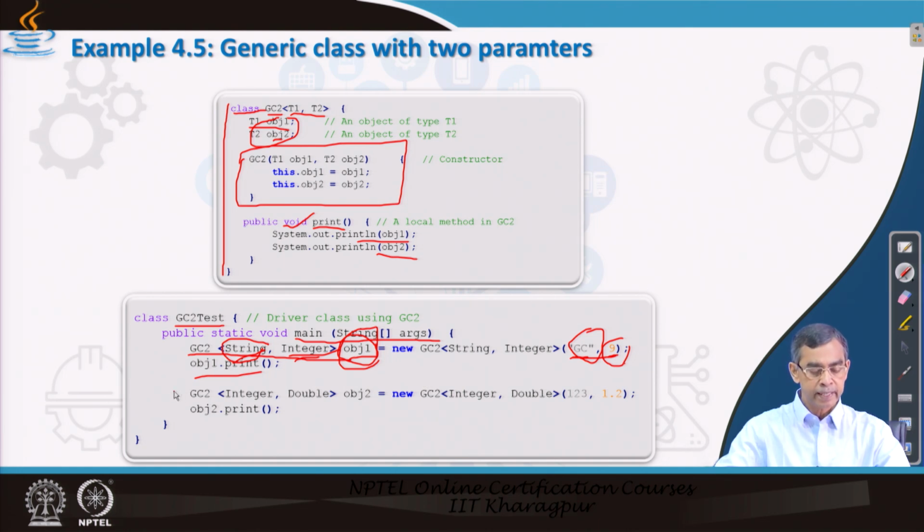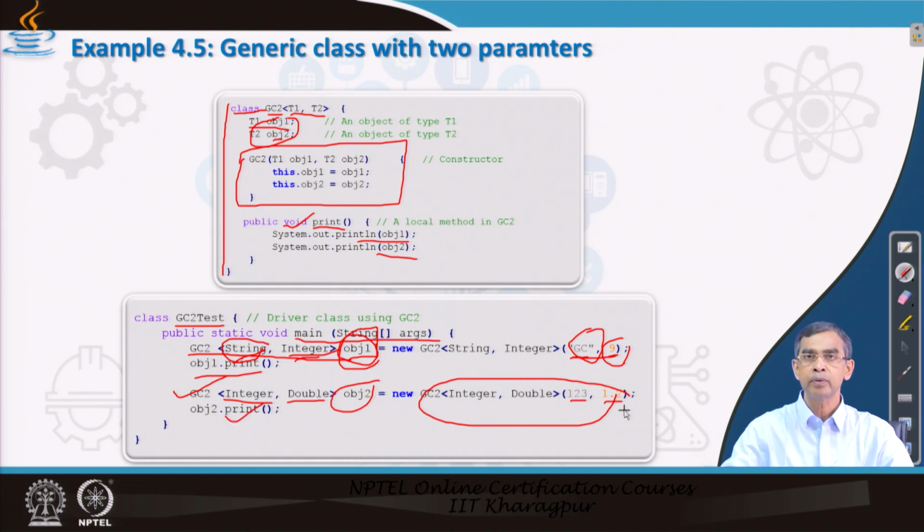Again, in the next execution we create another instance, OBJ2, but here the first type is integer and the second is double, and we pass the values, this one as an integer and double, and we print it. So, it will print 1, 2, 3 and 1.2 in this case. So, what we have understood here